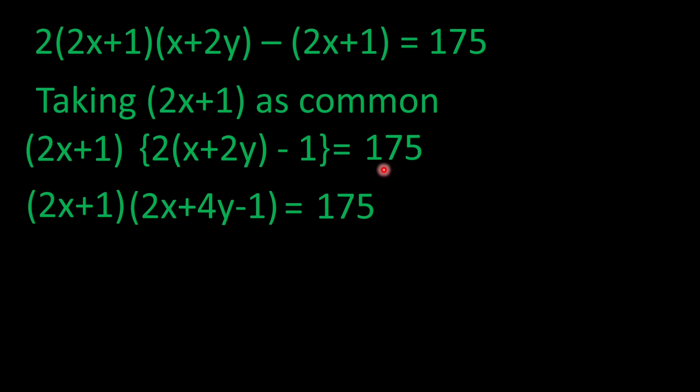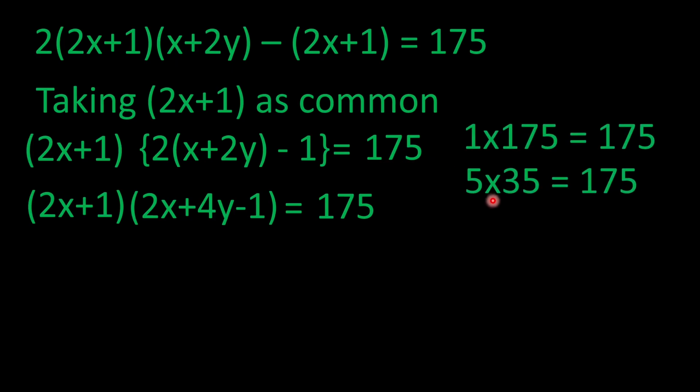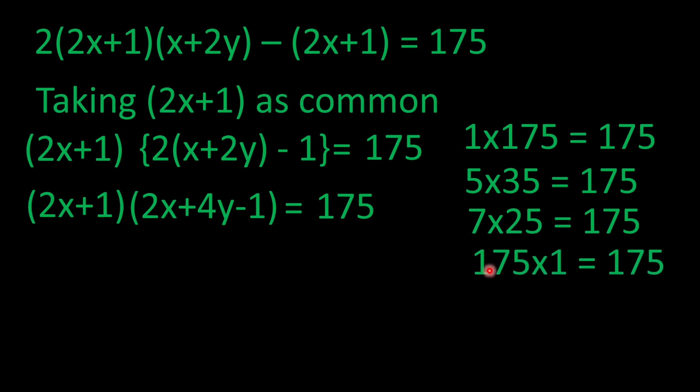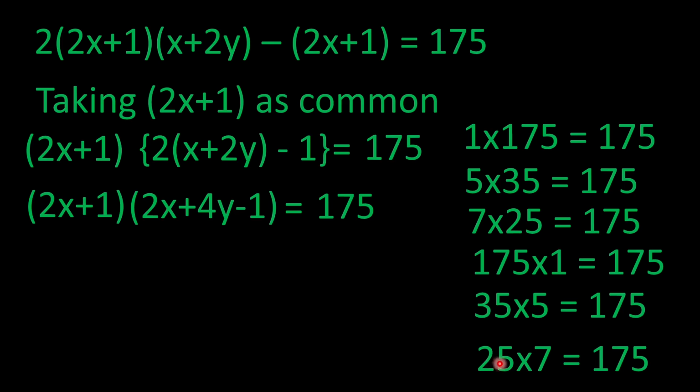So we can factorize this 175 as 1 times 175, which is equal to 175, and 5 times 35. Similarly 7 times 25, and similarly 175 times 1, and again 35 times 5, and again 25 times 7. So these all equal 175, which are the factors of 175. But look at this